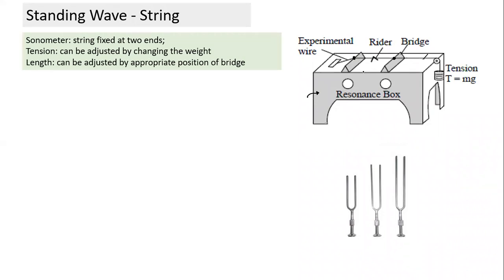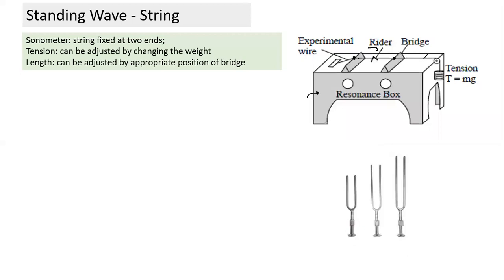We place one more bridge, and one more way we can think of it is, suppose we have a wire like this, and close to the wire, we bring a tuning fork. We'll come to this question. This is something called a tuning fork. You strike a tuning fork against a rubber pad, and it starts vibrating at a fixed frequency. It's a very cheap instrument. It's just a metal prong, and it vibrates at a fixed frequency.